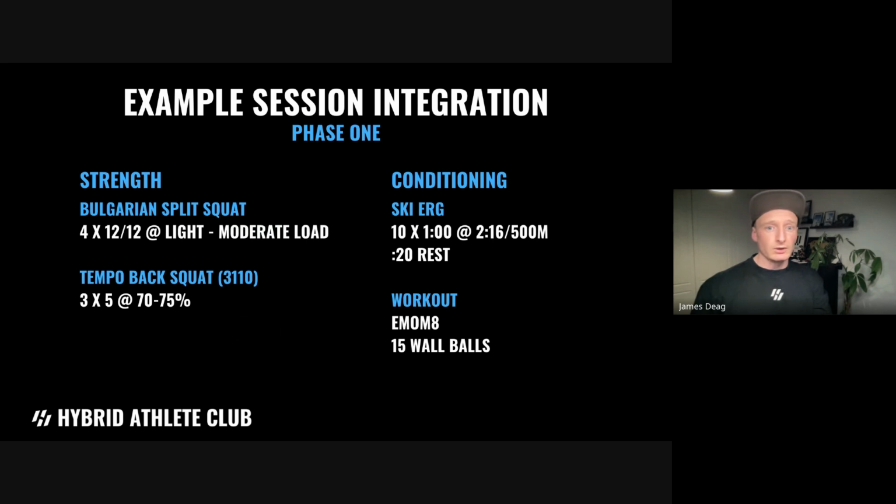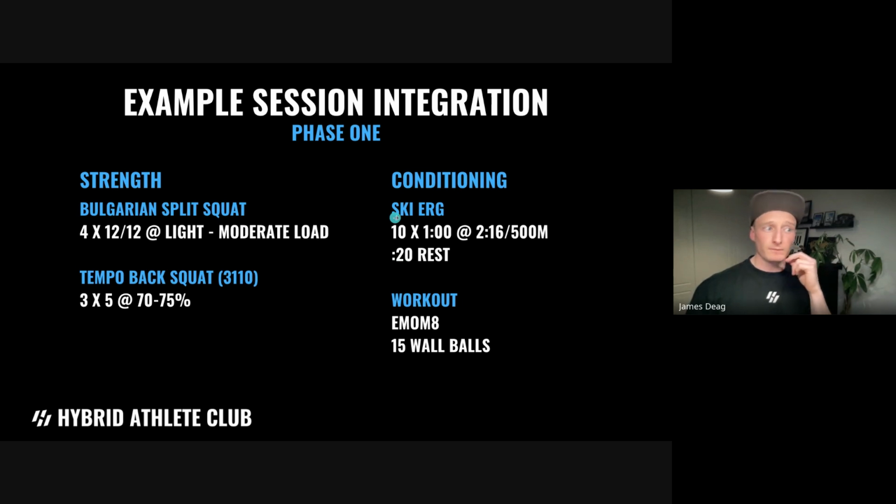How might we include that in a workout then? So on all of our programs, in the build phase, we have a strength piece to begin with. We largely work on single leg strength. So we've got some Bulgarian split squats as an example here and some back squats. For our conditioning piece, we're bringing in those calculator results into our training so that everything we're doing is purposeful. And as I said, it starts to build that confidence. We have the capacity to do what we're setting out to do.